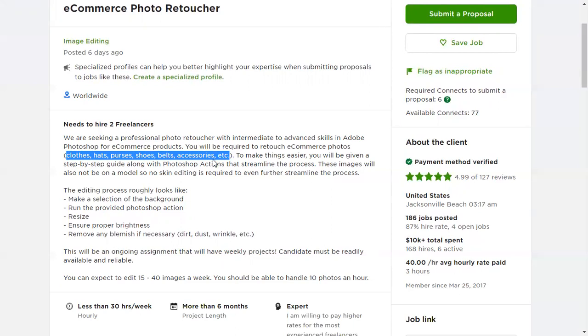That includes all these categories, and there are more than 100 categories other than this also. As you all know, the bigger e-commerce websites have thousands and thousands of categories like this. They always need that kind of service from people who can very easily start and do this work in Photoshop.